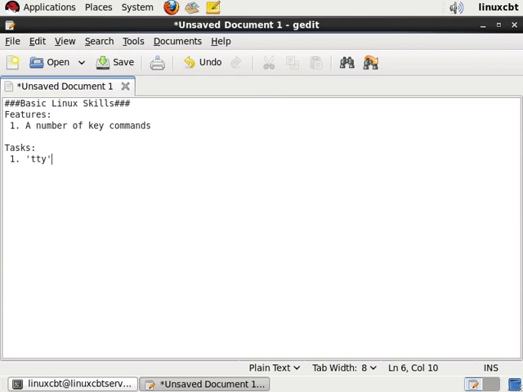Now we'll place commands between single quotes to indicate that that is how the command is to be executed verbatim. So whenever we specify items between single quotes, it means verbatim, whether it's a directory path or a command. So tty, why is tty important? This command reveals